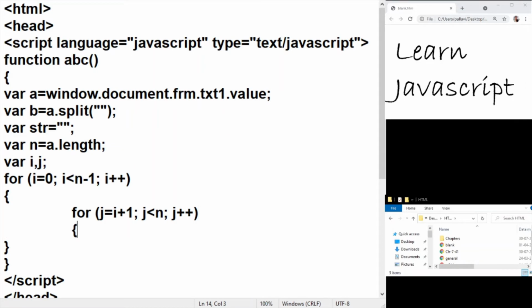And now what we will do is just do the swapping of the elements. So we will make a comparison here that, since it is an array, if the ith element, now we can use directly, b of i is greater than b of j, right? So if that is the case, then I'm going to do a little swapping here.